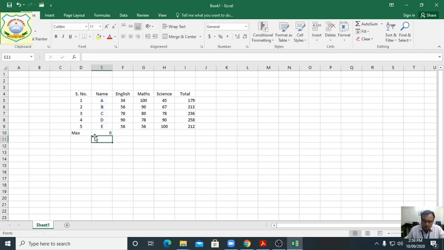Why the 0? Yes, students, why the 0? Because these are all letters, character values, not numeric values, and the max function is always used with numeric values.